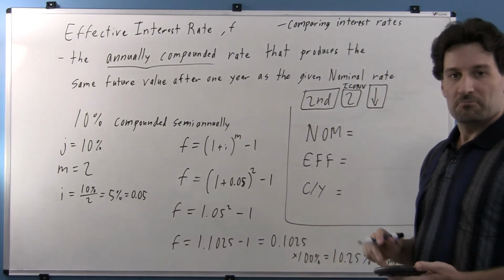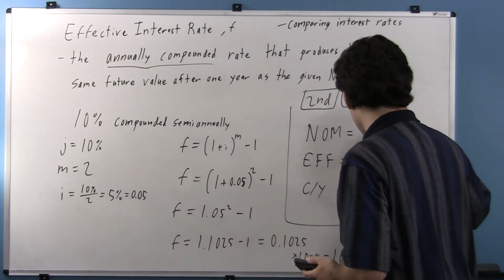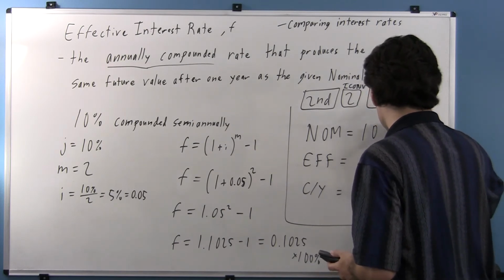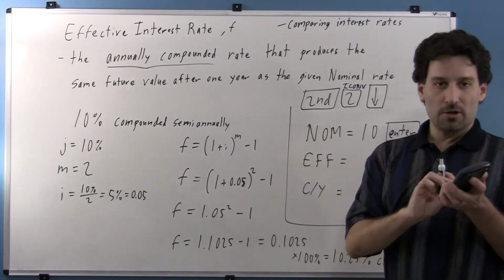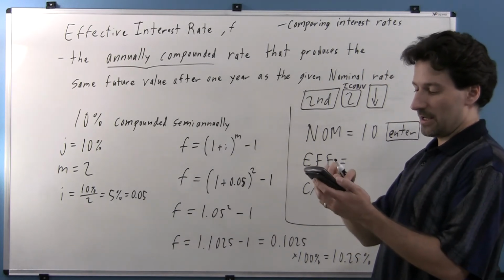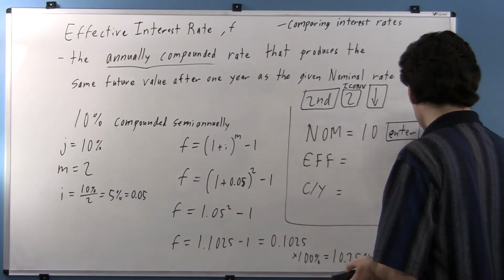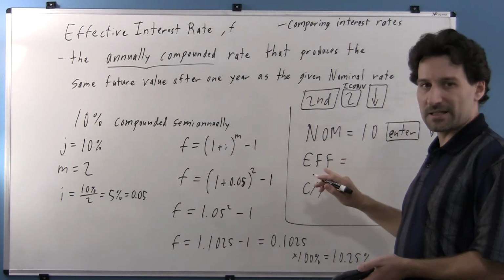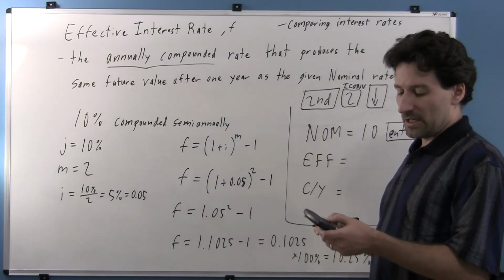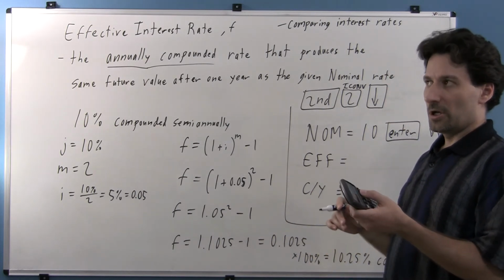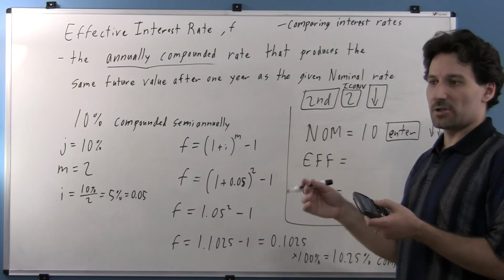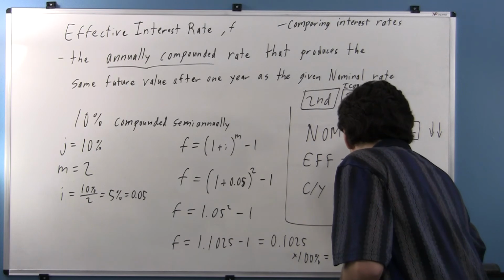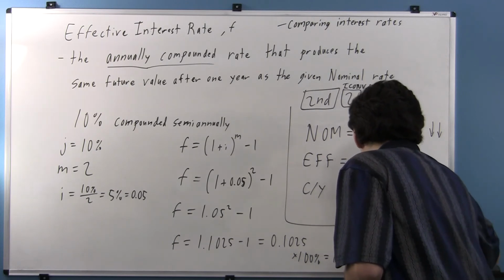All right. Nominal, let's put in 10, and then hit the enter key. So not the equals key, but the enter key to make sure it's in there. So when nominal's on the screen, hit 10, enter. And then you can hit the down arrow, I guess, twice, or the up arrow once. So we'll skip past effective for now. Remember, it doesn't automatically compute for you, because it doesn't know what you want to do yet. So we're going to go down to CY, we're going to put in 2 and hit enter, so semi-annual, and